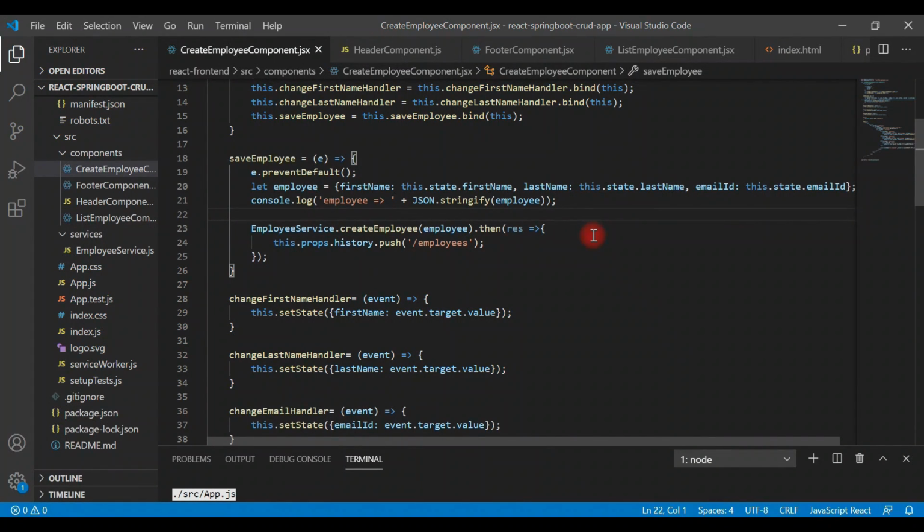In the next video, we'll create a few REST APIs like get employee by ID REST API and update employee REST API, and then after that we'll create React components to consume the REST APIs. Alright guys,